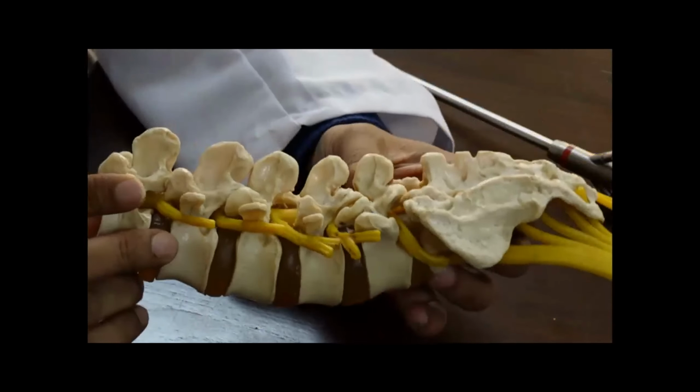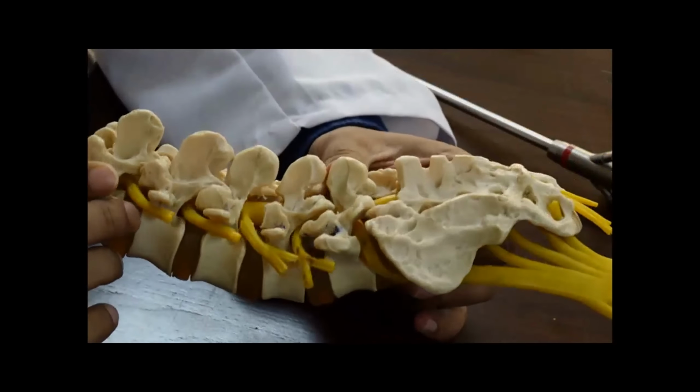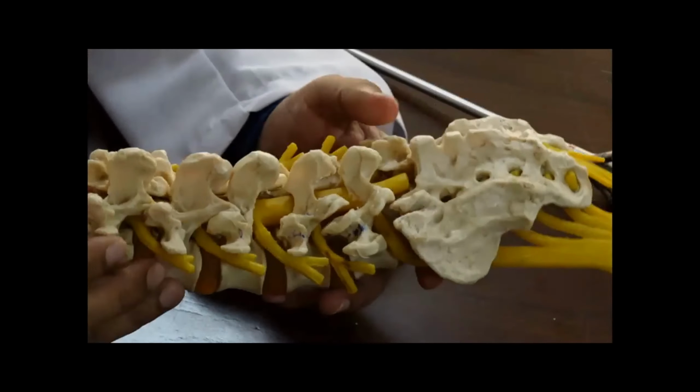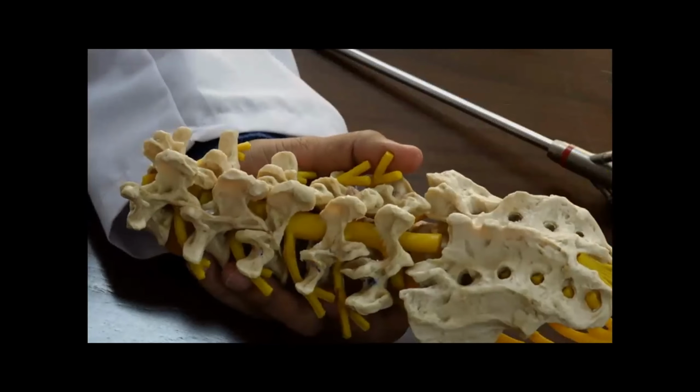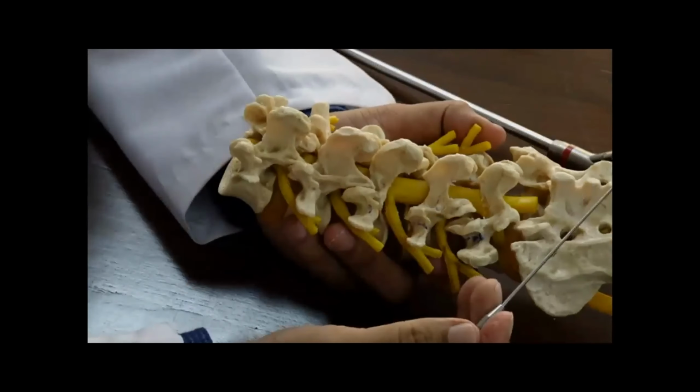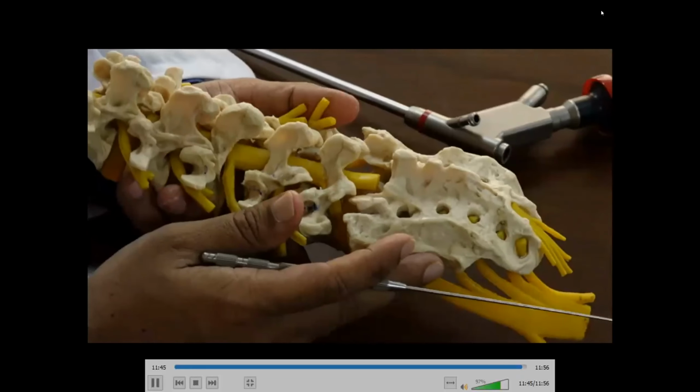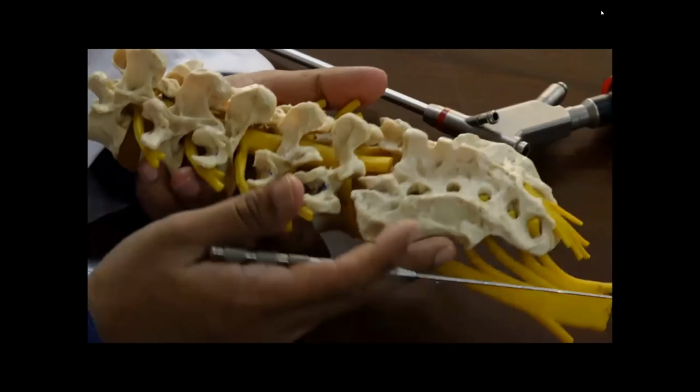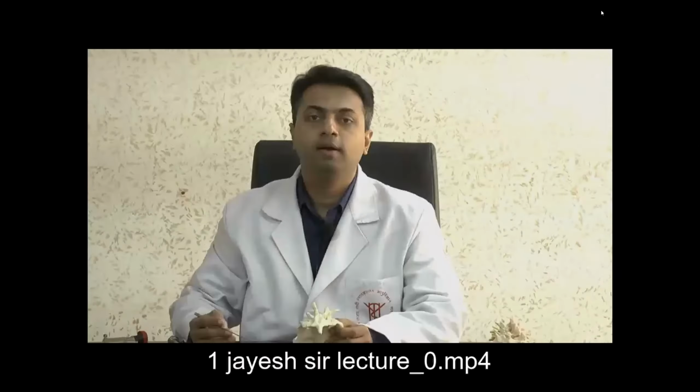But for lumbar canal decompression, it is always preferable to decompress in the neutral position. So these are some important tips regarding minimally invasive discectomy. Now let's move forward to our next session, in which our esteemed course faculty will show you the surgical endoscopic video and the technique. Thank you very much.